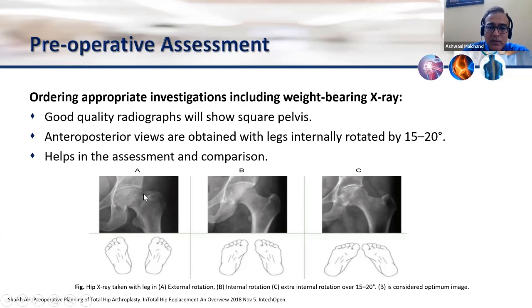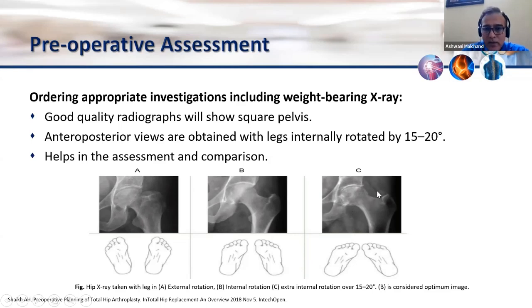But when you go inside and you see this length, you will be surprised. All your calculations will be incorrect, and your surgical planning will be, especially when you are doing your first, second, third surgeries, you'll be puzzled. So when you do an X-ray in internal rotation, you will see the actual anatomy of the neck and you can plan accordingly. So this is a very good X-ray.